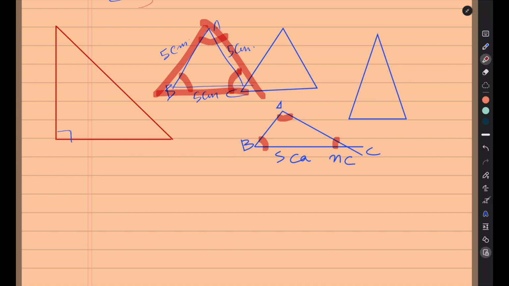So there is a kind of relationship between angle, measurement of angle, and measurement of sides, isn't it? So what we will focus upon in this trigonometrical lesson is